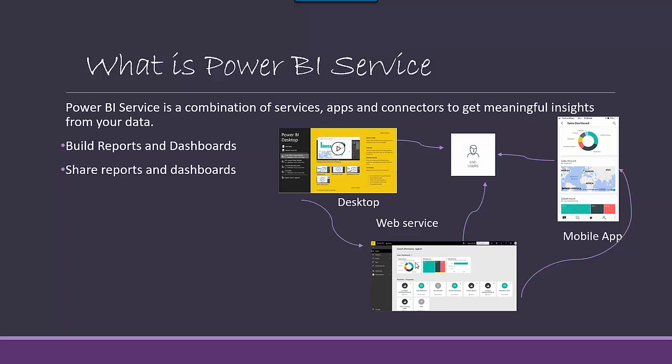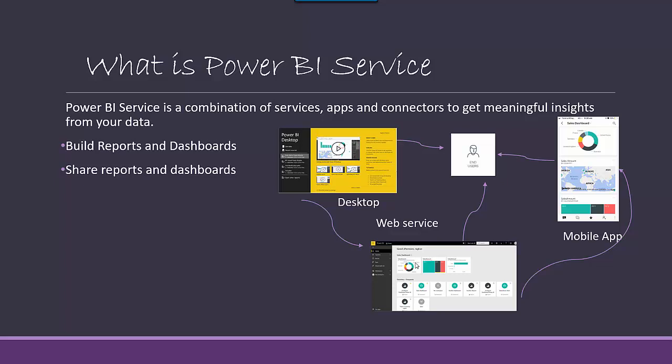And the end user can basically access the reports that have been created either via the Power BI desktop, via the web service, or the mobile app. Now, to share the content, you need to put it into the Power BI service and then share it with different users. So that's where the Power BI web service comes into play. You can also build reports, fairly basic, but most of the data modeling and DAX expression gets done at the